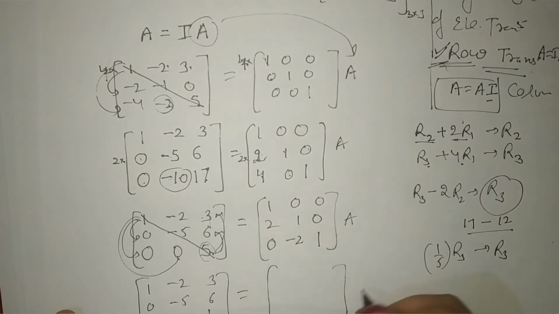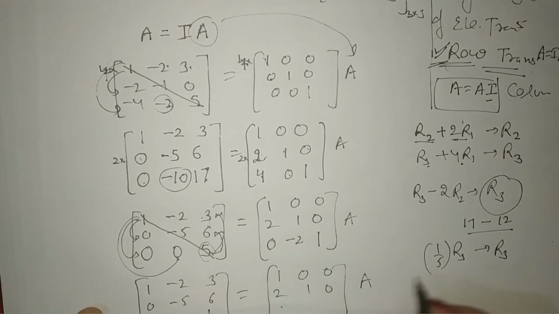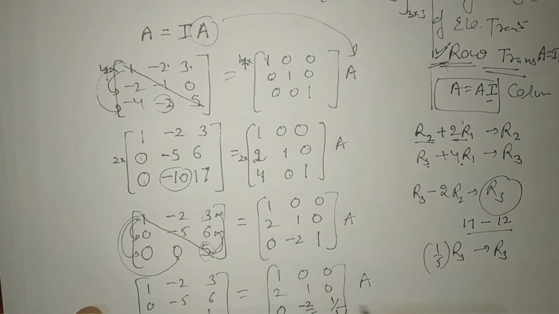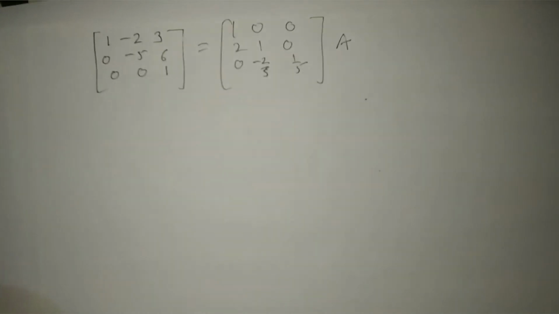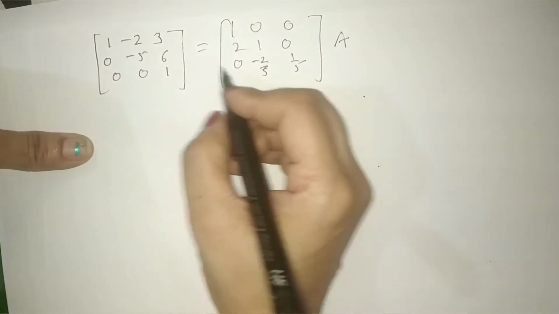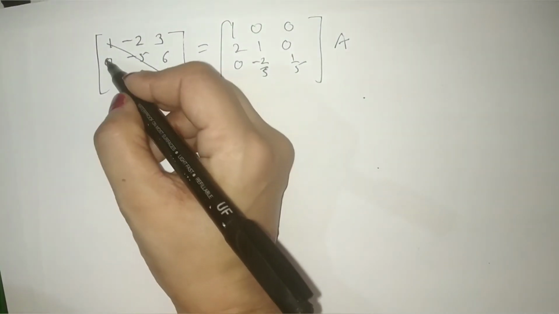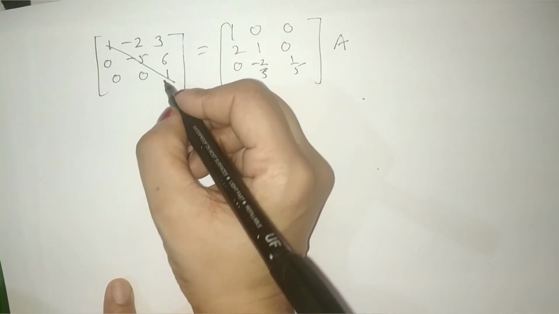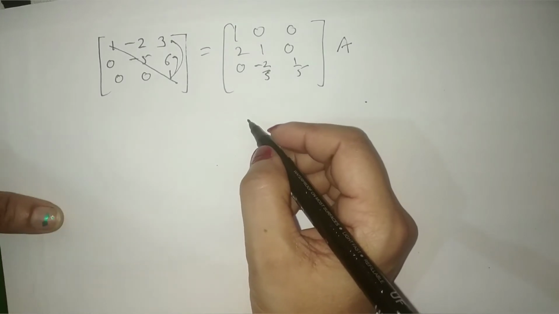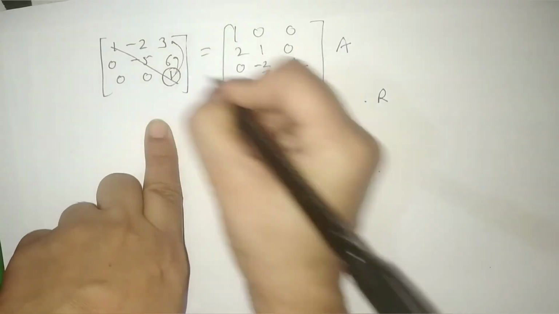On the other hand also we have to apply the same thing. So the third row is divided by 5, it is 0, minus 2 upon 5 and 1 upon 5 here. So after this operation we get this thing. You can see the non-diagonal elements below the main diagonal are 0. Now we have to make the elements above the diagonal 0. So for this we will perform this operation with row 3.